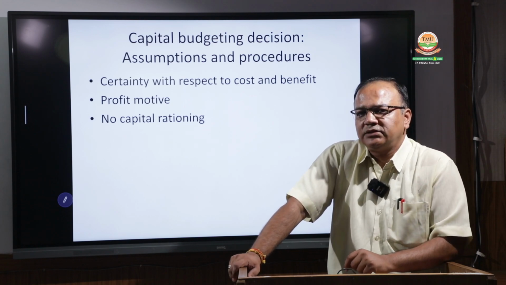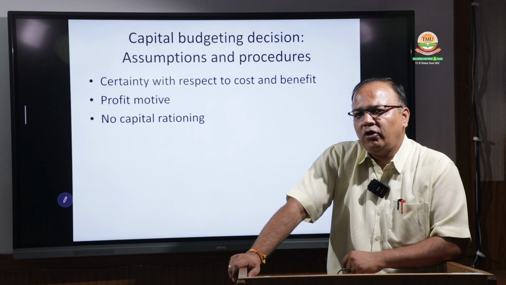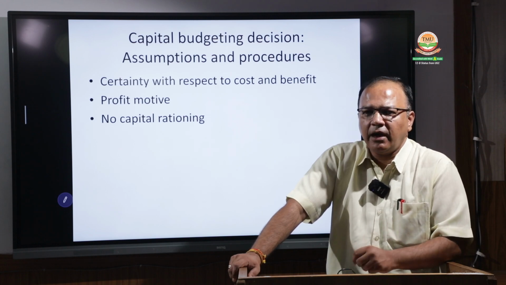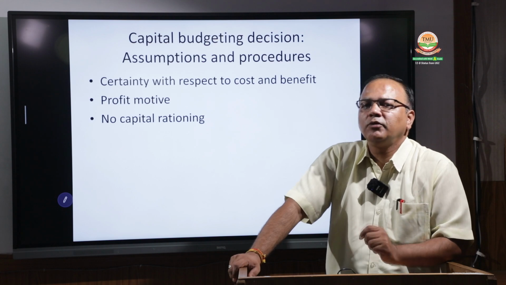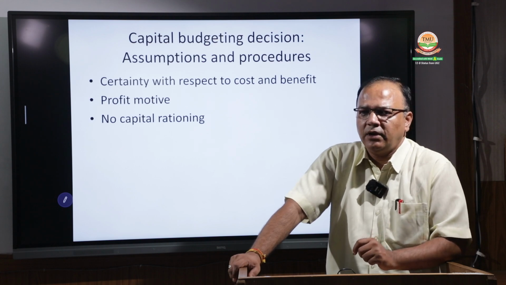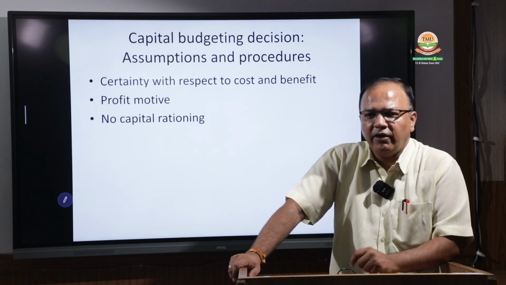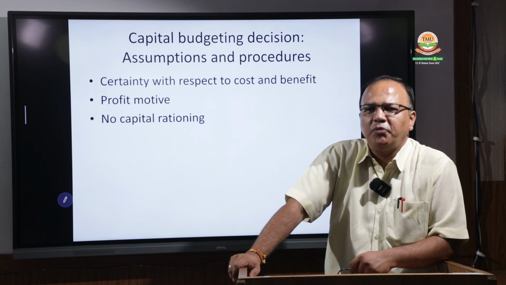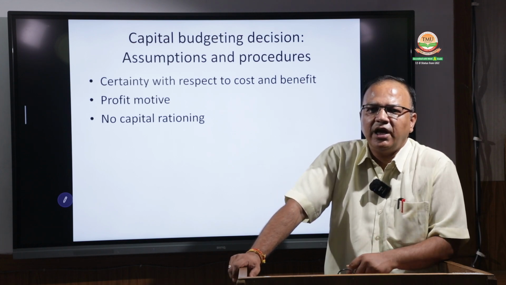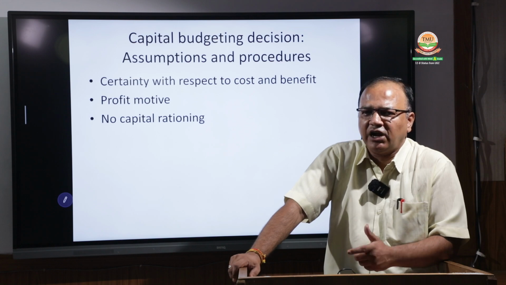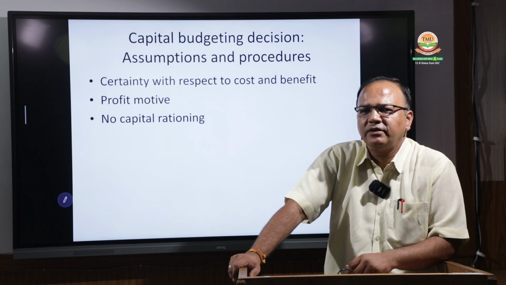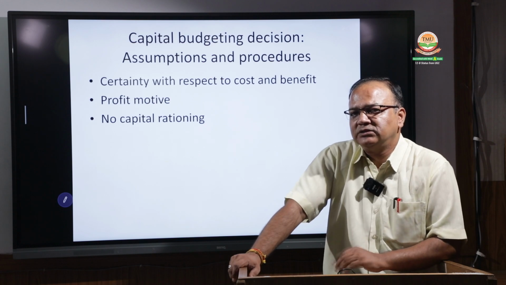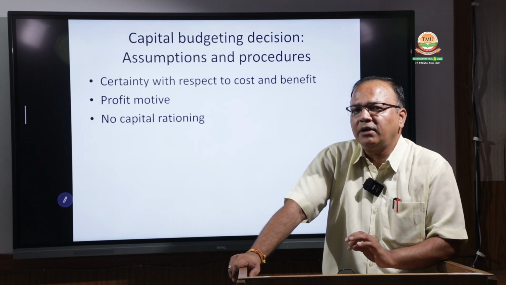Assumption number two says, if we are implementing any capital budgeting decision, we have to be profit motive. As you know very well, if you start any organization, any business unit, we have to be profit motive because business is an activity which is started by anyone with a view to earn a profit, with a legal objective. So it should be very much clear that if you are taking any capital budgeting decision,